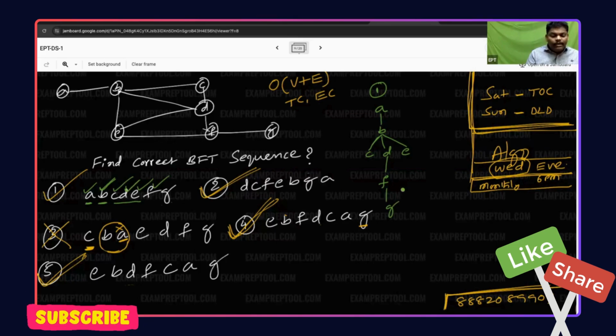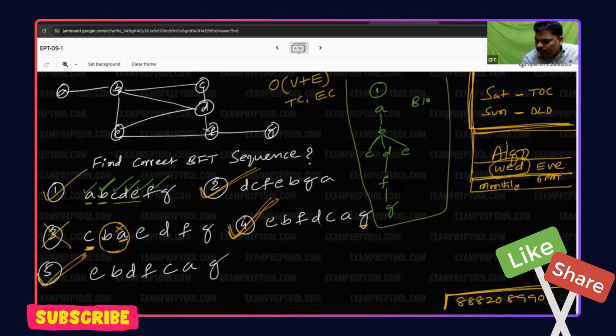Remember the new diagram, whichever you drew. In the new diagram, don't create new edges. Whatever is there in the graph, those edges only. According to the first sequence, I drew this diagram. But while drawing, don't write whatever way you want. First of all, that edge should be there in the graph. Remember, for the first sequence, this is the diagram. This is nothing but